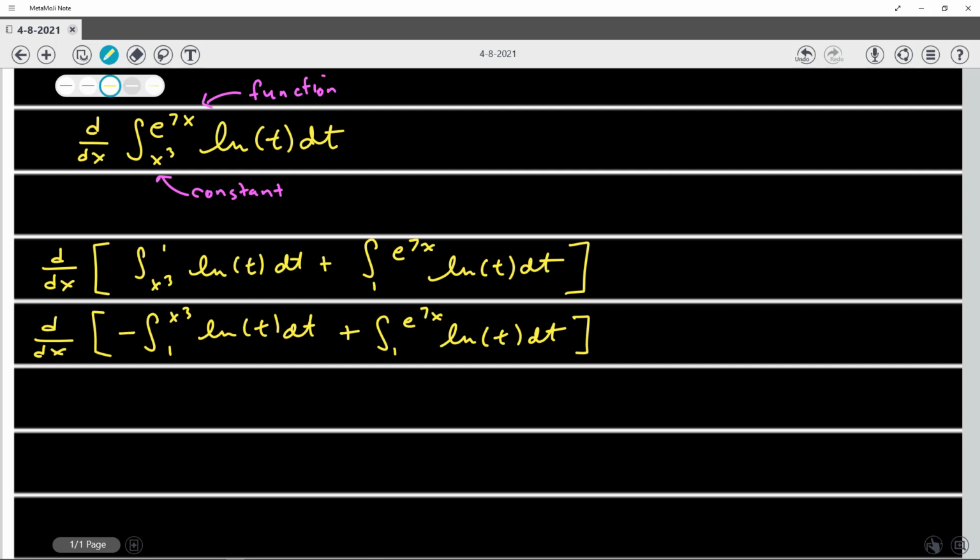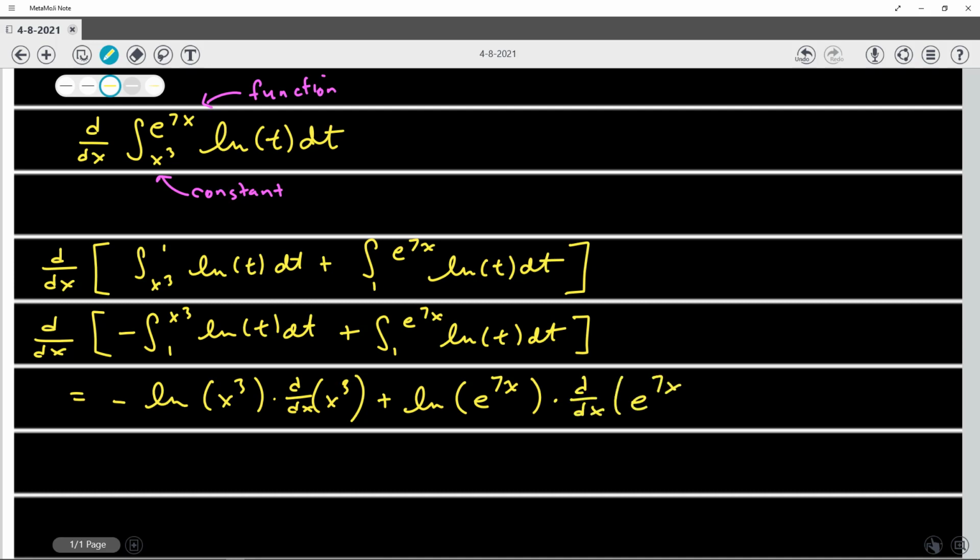So this is where we're going to use that whole chain rule thing. So this is going to equal the negative out front, ln, plugging in my upper bound, and then times the derivative of that upper bound, and then plus ln of the next one, because all I'm doing is plugging in my function here of the upper bound times the derivative of the upper bound function, and that gives me negative ln of x cubed times 3x squared